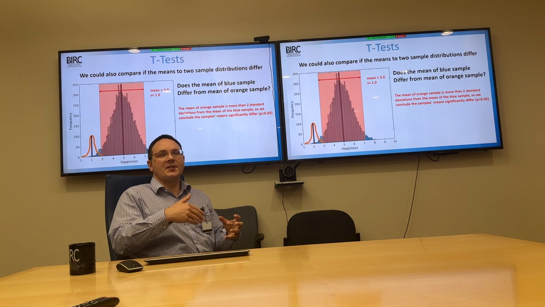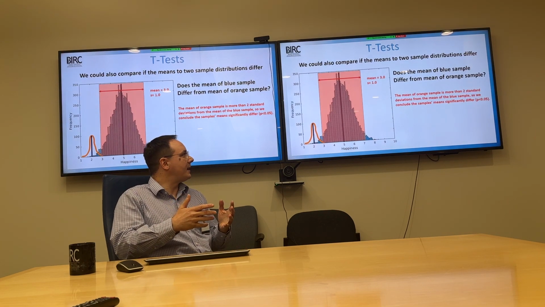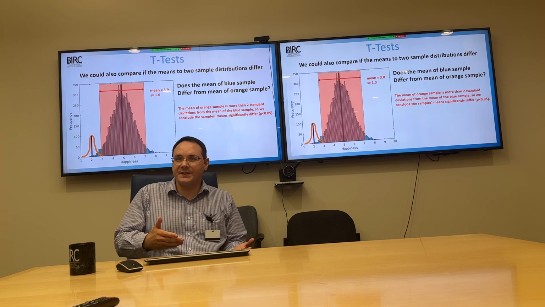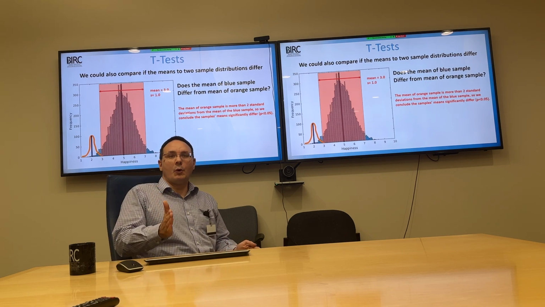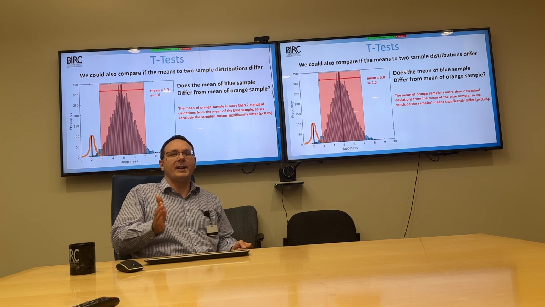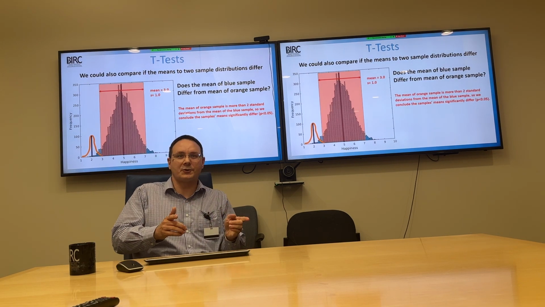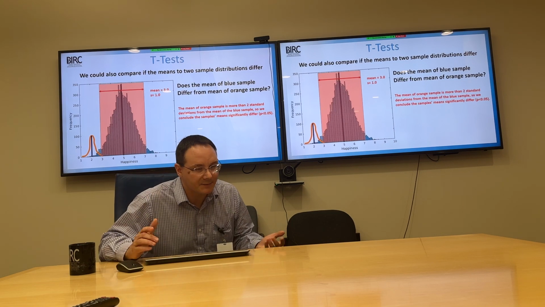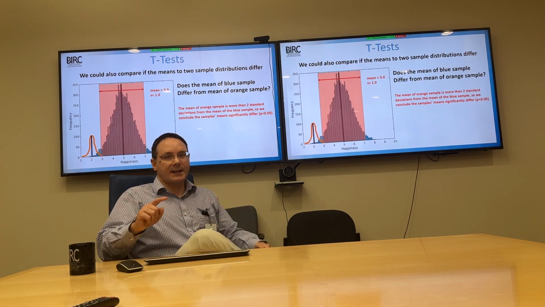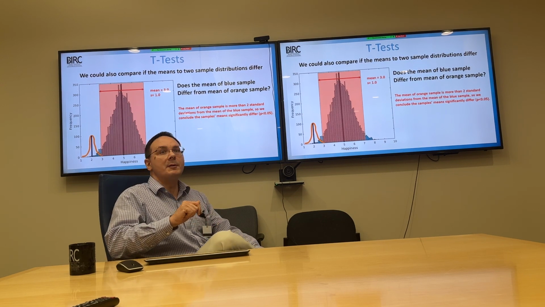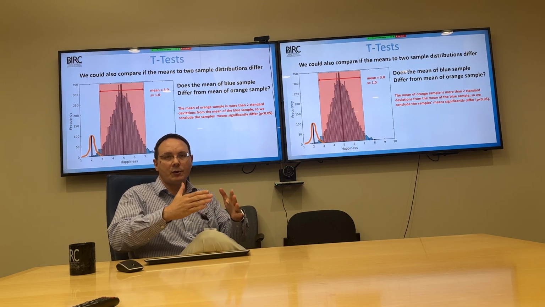But as you increase the number of tests, the chance of coming up with a false finding increases. It's kind of like the difference of flipping 1 coin 5 times or flipping 100 coins 5 times. The more coins you flip, the more likely one of those coins is going to come up heads 5 times. So instead of doing these one-on-one comparisons, we like to do omnibus tests, which look at multiple